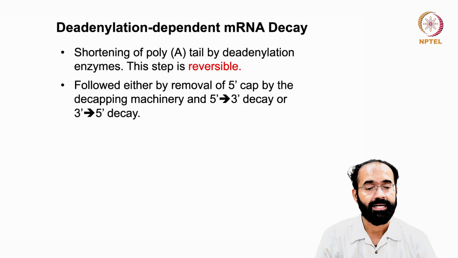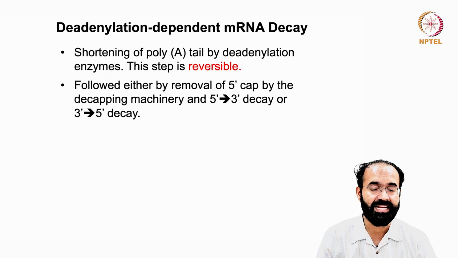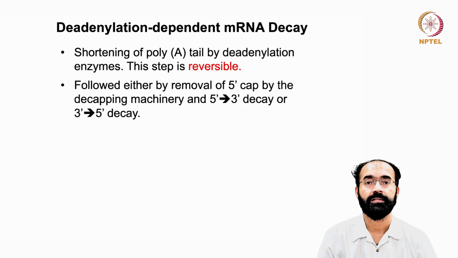So let us see deadenylation-dependent mRNA decay. How does it work? Shortening of the poly A tail by deadenylation enzymes. Like I told you, many enzymes are capable of causing removal of the poly A tail,